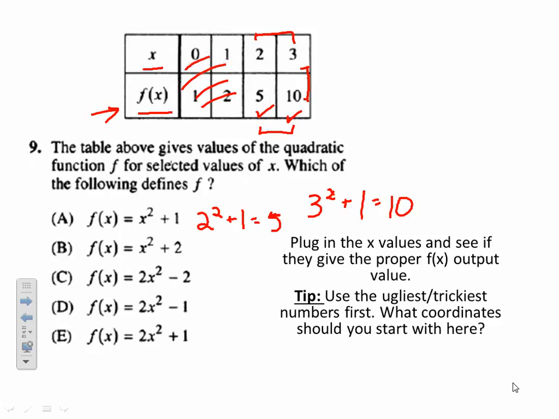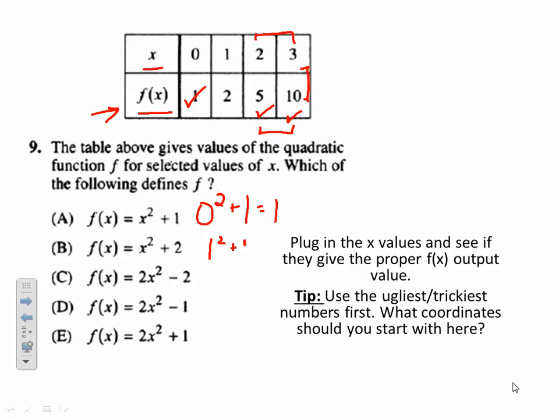So what you could do to verify that this is the correct answer is you could plug in the remaining values here. You could check out if 0 gives you 1, which it does. 0 squared plus 1 equals 1. So this works. And does 1 squared plus 1 give us 2? Yes. Another way to go about this, so you can feel confident that is your answer, but another way to go about this would be to then try